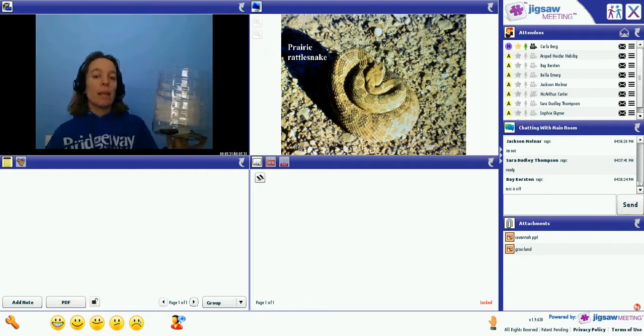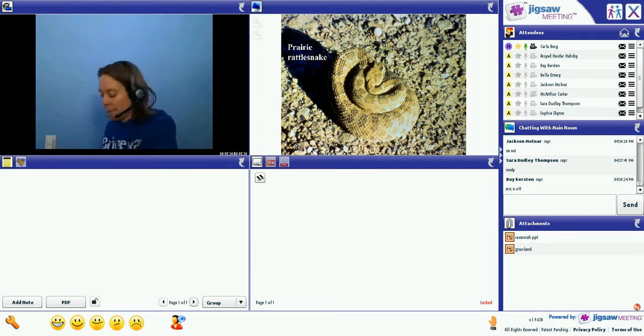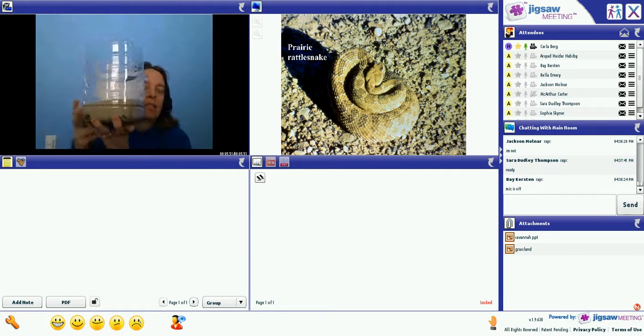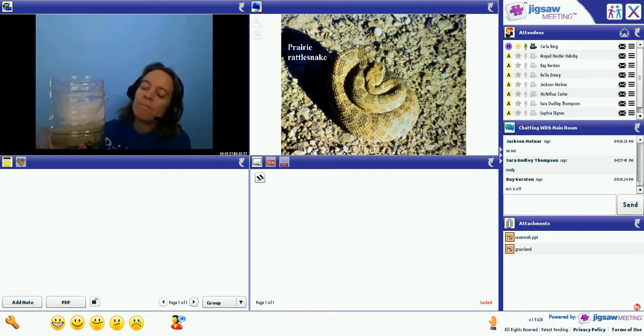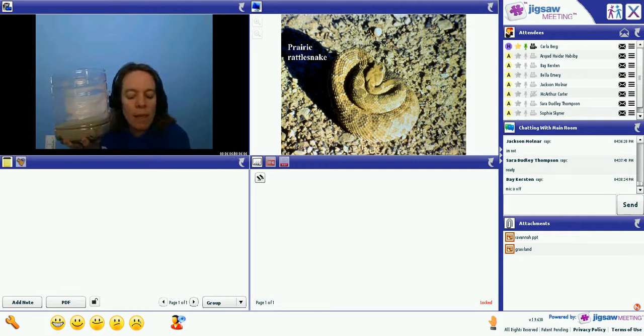Okay, the next thing you are going to do is you are going to take your soil and you are going to dump it into your terrarium. Now, I'm not doing that on camera because I am afraid I will spill it all over my computer screen, or my computer keyboard, actually. So I'm going to put mine to the side, and now I have my dirt in my terrarium. You want to fill it a third of the way. You want it at least a couple of inches. The actual amount of dirt in there is not super, super important.